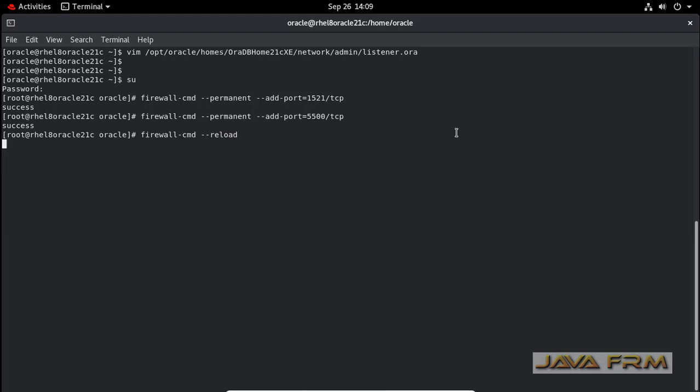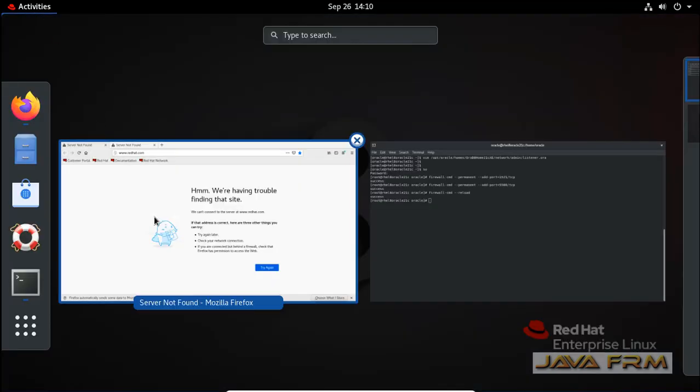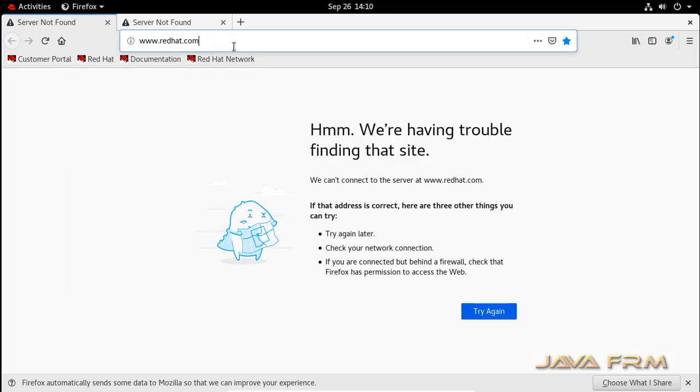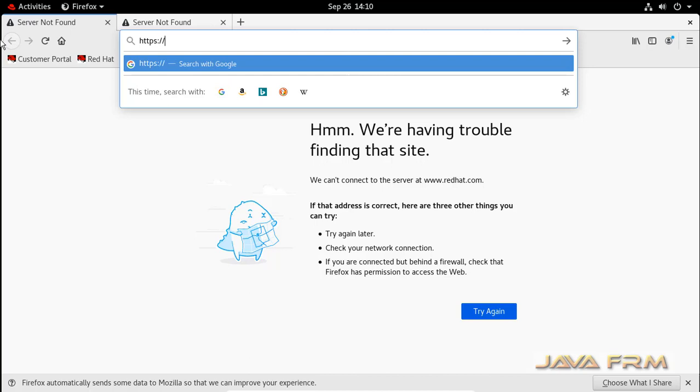Okay, that's it. Make sure that as the root user you unblock the ports in the firewall. Everything is done now. First, locally I am going to check whether I am able to access Enterprise Manager.